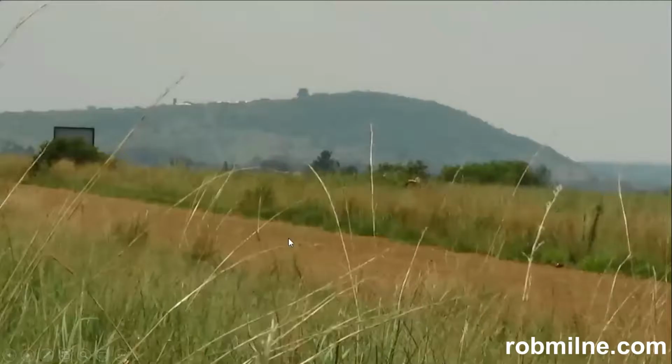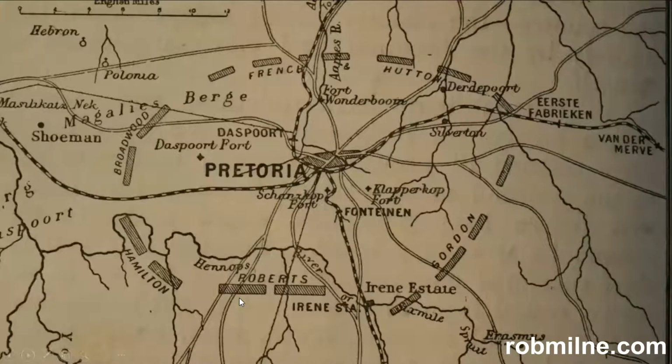If we look to the east, this is Swartkorp, where the main British army had crossed the river and the Imperial Yeomanry had taken the hill. The British had put their big guns, their heavy guns, up on the top of Swartkorp and were shelling Pretoria. So there we have Lord Roberts, Swartkorp, and they were shelling Pretoria, Skanskorp and Klapperkorp, and of course the railway